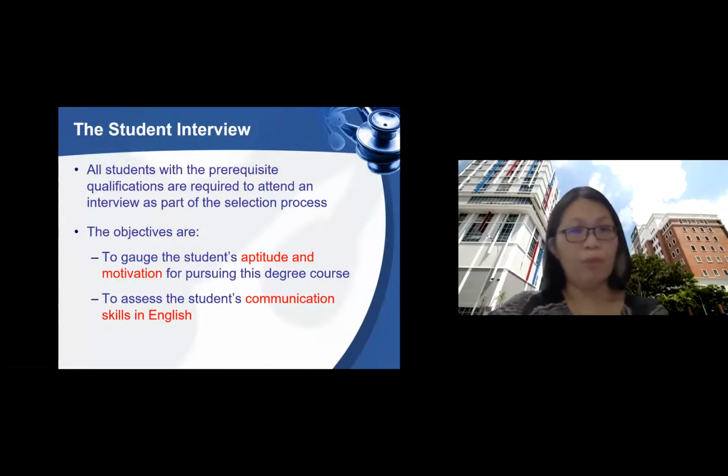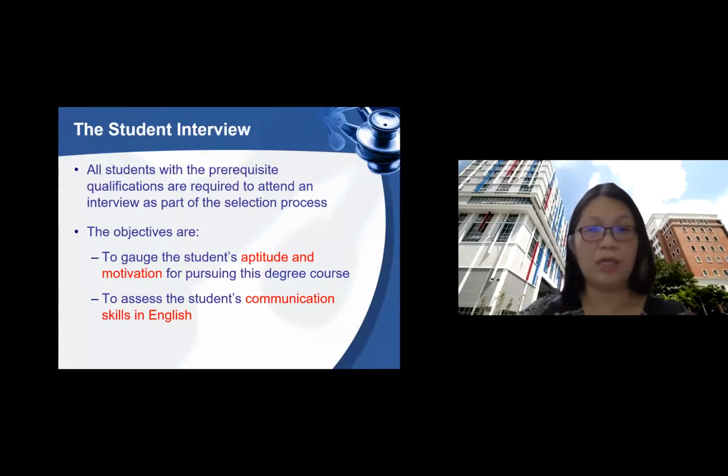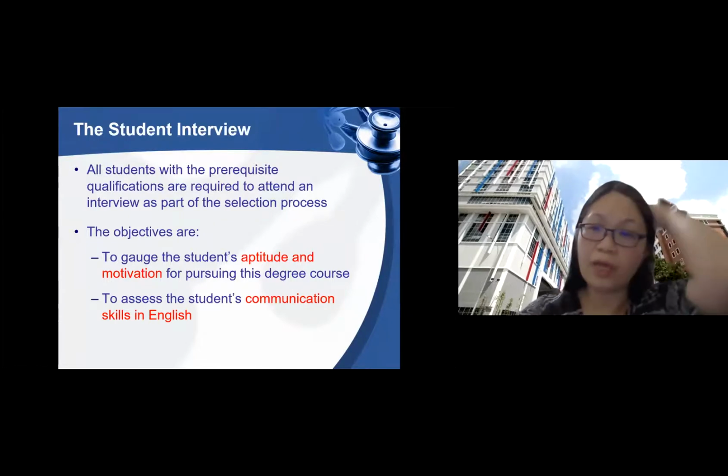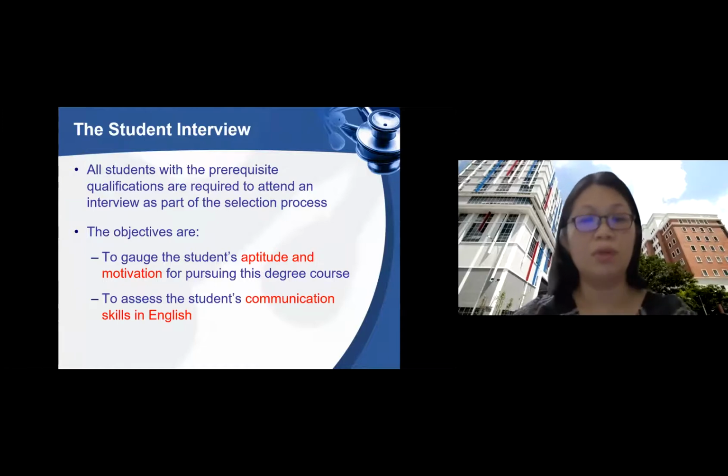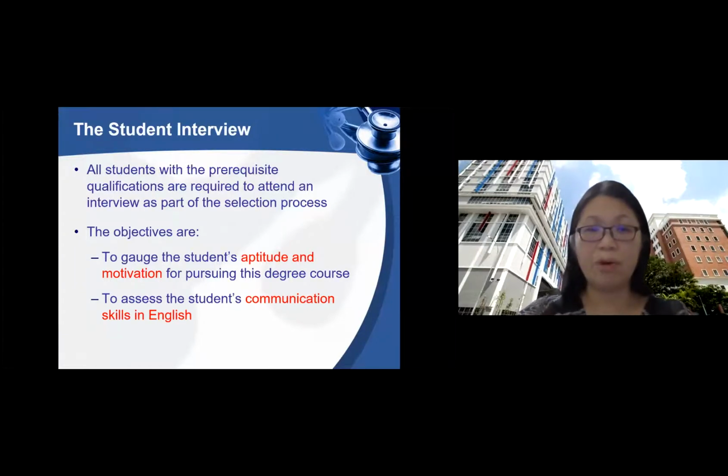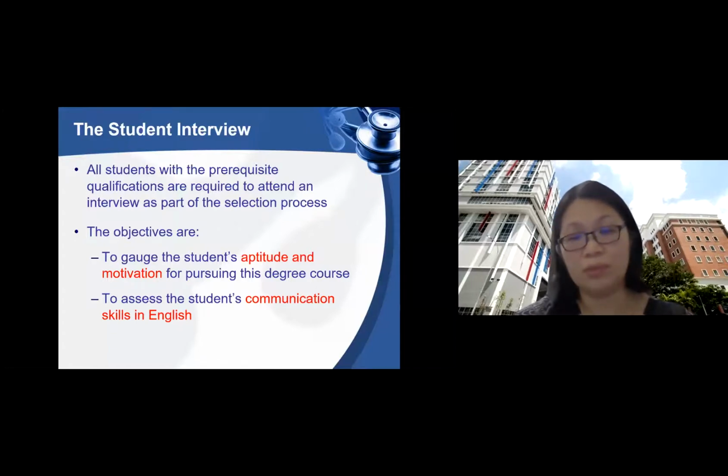Okay, so when the student submits the application, if the student has met the prerequisite qualification, the candidates will be asked to attend an interview as part of the selection process. Before we give the offer letter to the students, we will normally have a session to talk with the student first. The objective of this interview is to understand the students' aptitude, their ability, and their motivation to pursue this degree, because we all know that MBBS study is a lifelong training career. So we would like to know what is the motivation of the students to choose MBBS as their career path, and whether these students have the aptitude, ability, to follow the course, and also to assess the student communication skill